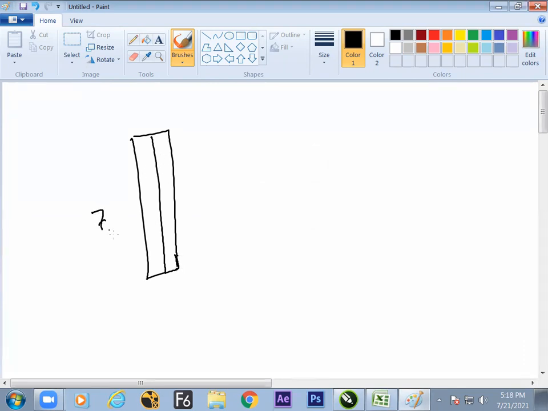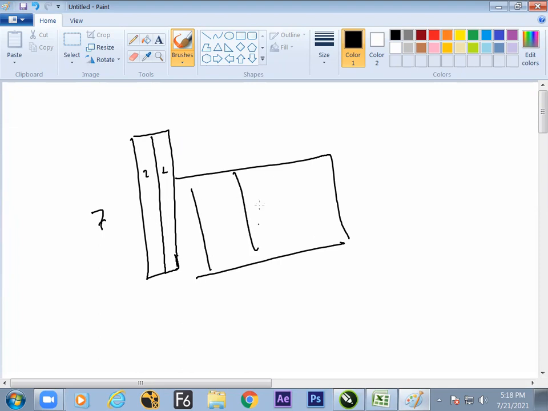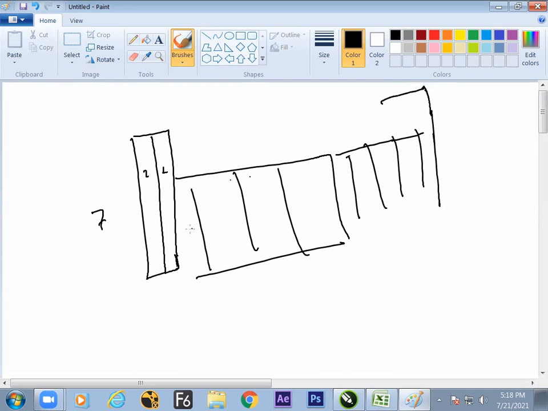The periodic table has 7 periods, and here you can find 2, and this is 10 boxes, and here 6 more boxes are there. 1, 2, 3, 4, 5, 6. I'm just making a rough periodic table. So 7 rows, and 10 plus 2 plus 6, 18 columns are there.